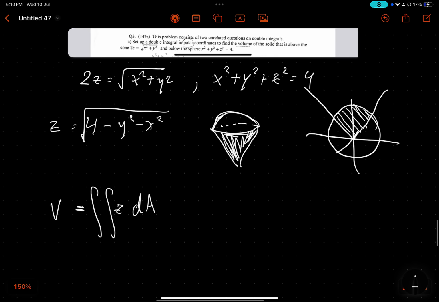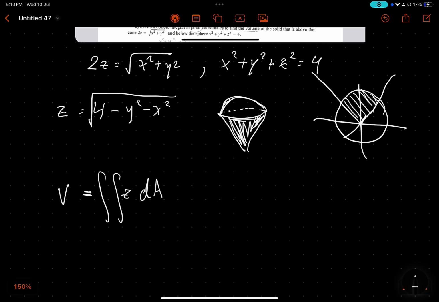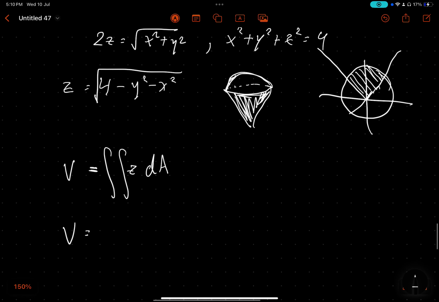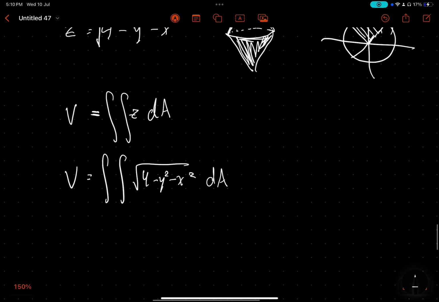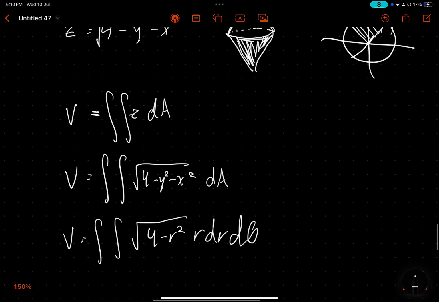Now let's do the following. Let's do V equals the double integral of the square root of 4 minus y squared minus x squared, and then dA. Now let's convert to polar. V equals the integral of the square root of 4 minus r squared, r dr d theta. Now r